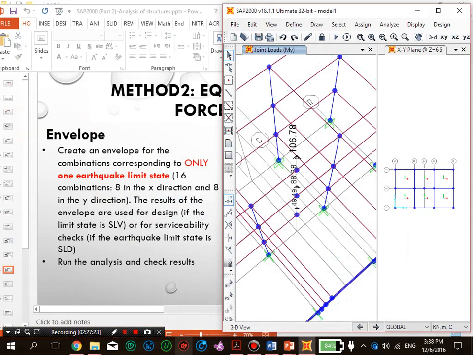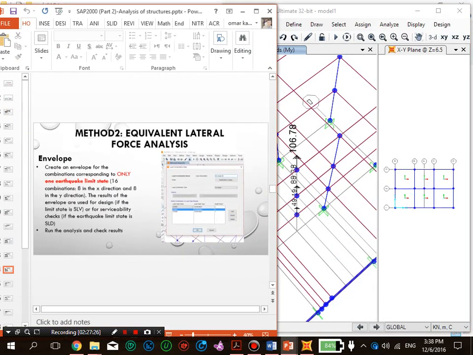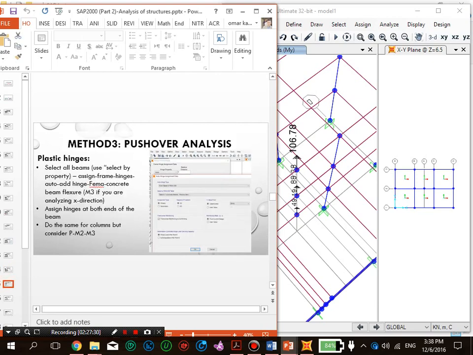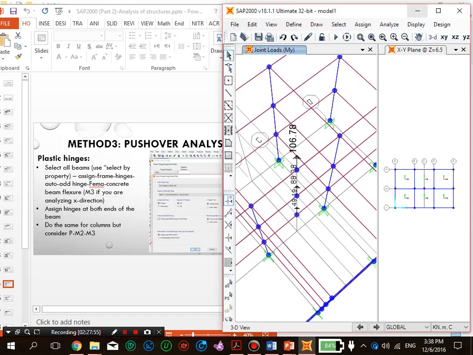Let's do that. So, pushover analysis. Now, in order to account for the non-linearity in the system, we have to do something. In the linear method, what we did is that we defined Q value for the response spectrum. But in this way, we'll not do that. We'll define plastic hinges. And the software can do that as well. So this is the first step. Define plastic hinges. How to do that is